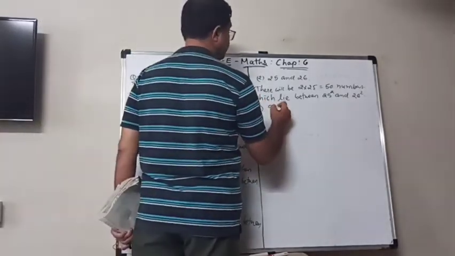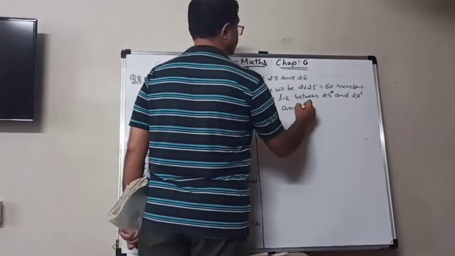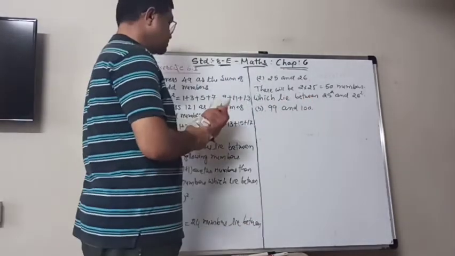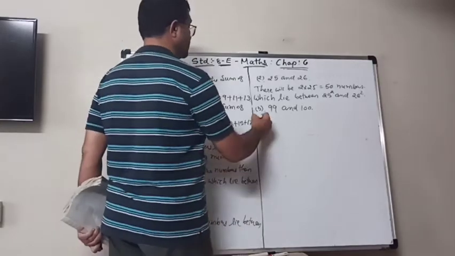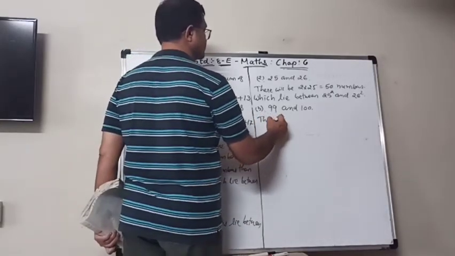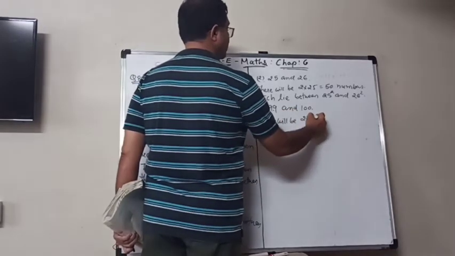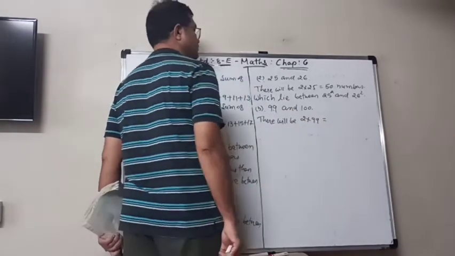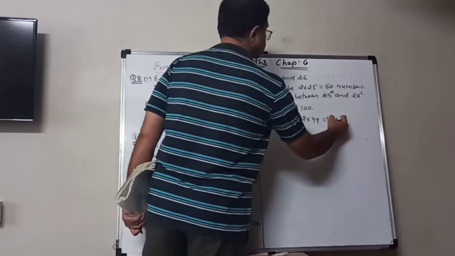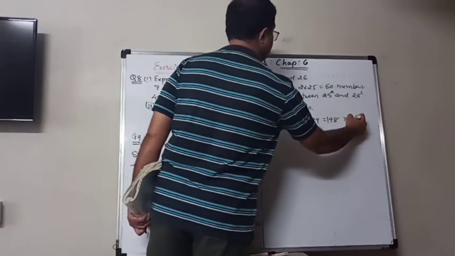The third is 99 and 100. So there will be 2 multiplied by 99. So that is 198 numbers